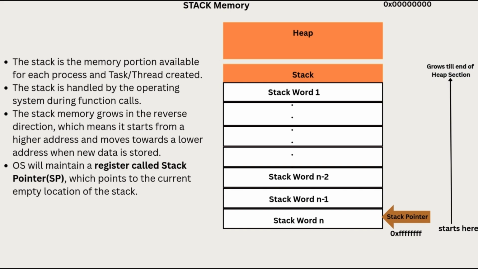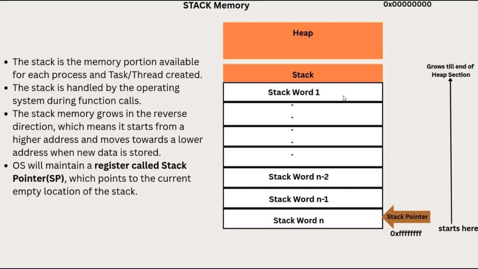There is a heap, which is memory for dynamic allocation. We will discuss it later, but right now remember that we are interested in stack memory. The stack is below the heap and starts from a higher address. When you insert an object into this memory location, it jumps to the next one and grows in the reverse direction until it reaches the heap. Once you reach the end of the heap, your stack is full and you cannot insert more